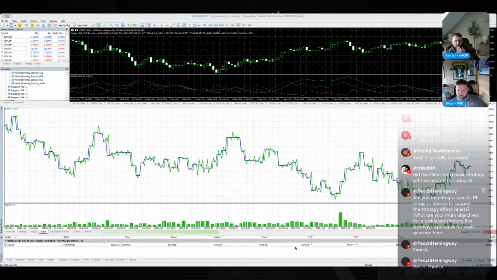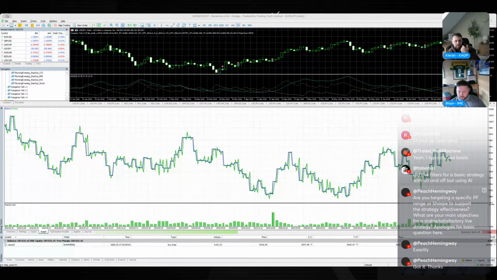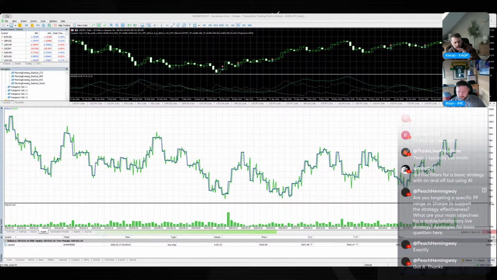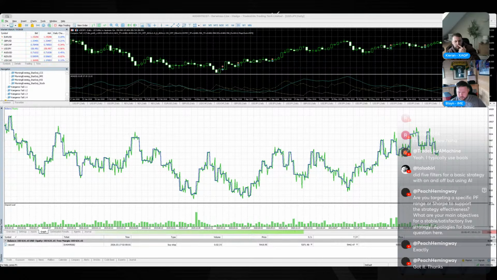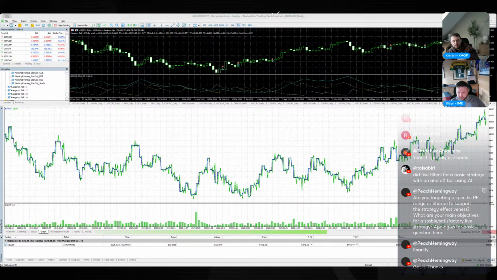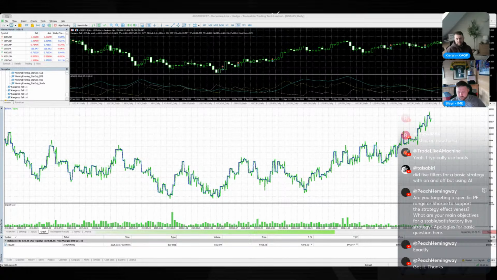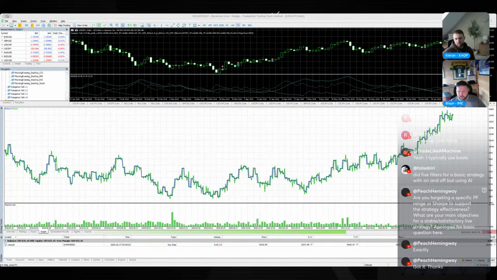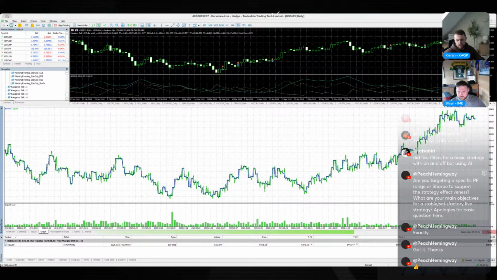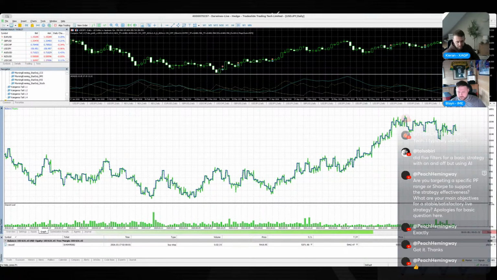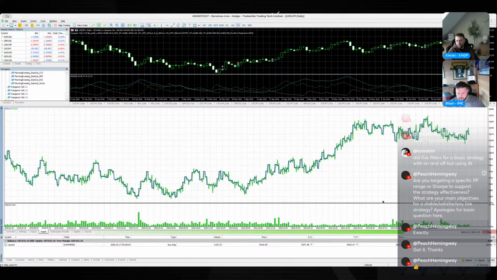And then I always like to have a visual, like I like the curve to align with the data as well. As in, I like to look at an equity curve and be like, would I be happy trading that? Because a lot of the times, and this is something personal, there's certain types of equity curves that I wouldn't feel comfortable trading. If it's trading a 10-to-1 risk to reward system, for example, and the curve is super unstable, it may hit all of the metrics that I look for, but I know that I wouldn't like to watch it in a 10-to-1 risk to reward trade often. So